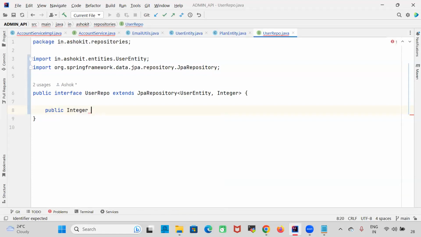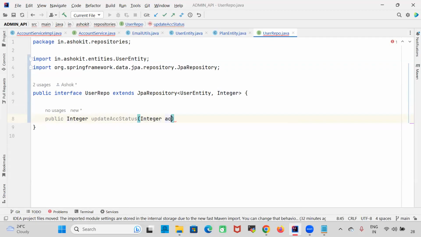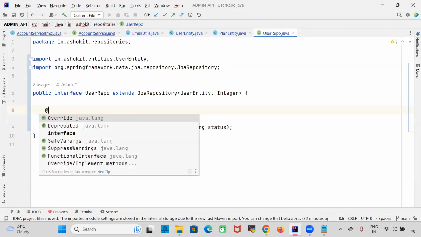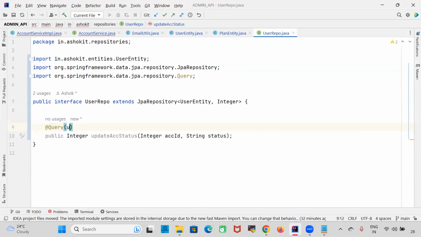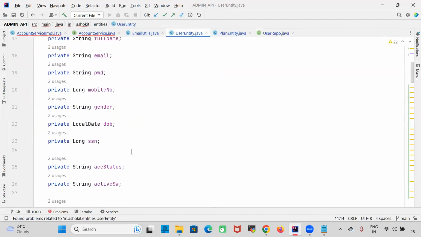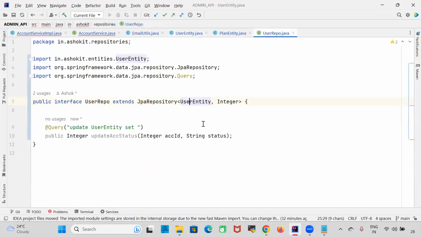Public Integer updateAccountStatus. So what is the account status? Account ID and String status. I want to update. How to execute a custom query? By using the @Query annotation. So how to execute it? Update, a custom query, right? So I want to write a custom query. Update UserEntity, set, what is the status variable we have given? Account status. So here, go to this, set accountStatus is equal to whatever the status we are giving, where